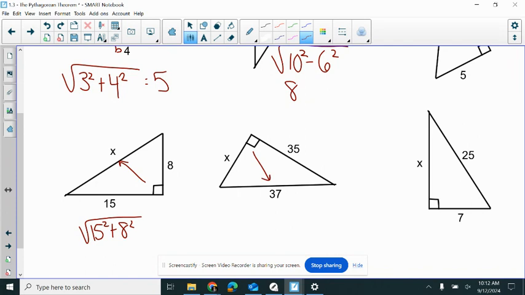This one, if there's a number there, I do subtraction. Square root of 37 squared minus 35 squared. Type it into your calculator, you get your answer. So the big thing is, can you identify whether it is addition or subtraction? If I look at the hypotenuse, if there's a number there, I have to do subtraction. If there's an x there, I have to do addition. This is another subtraction problem. And we just did the Pythagorean theorem in one step. You type it into your calculator, and